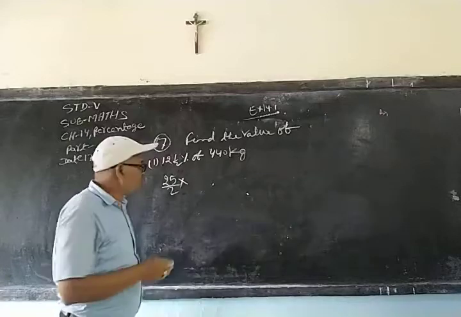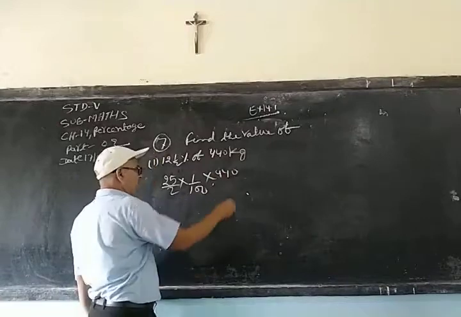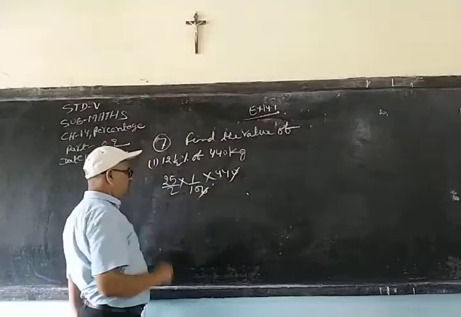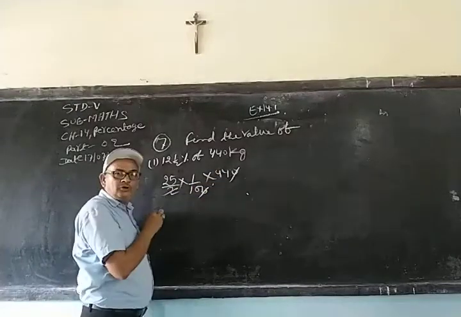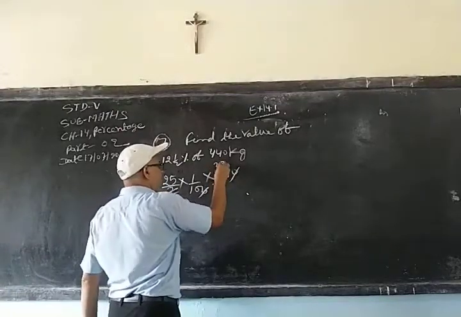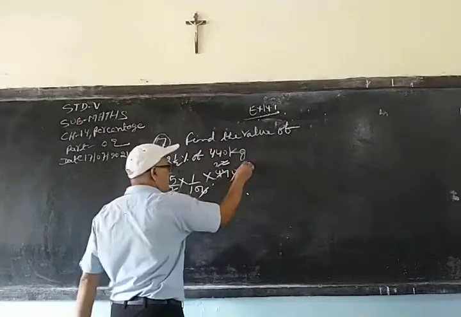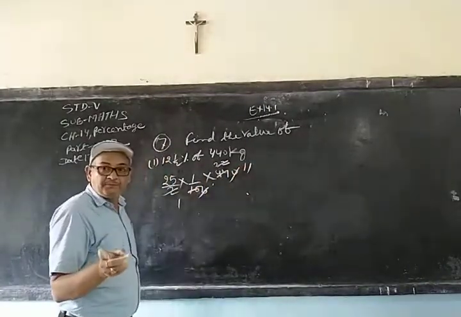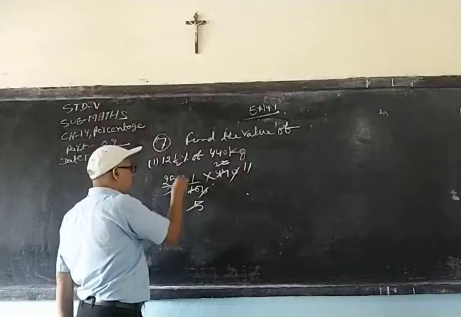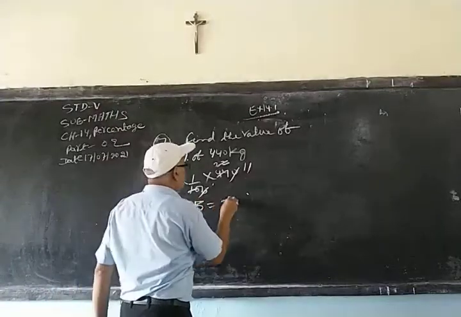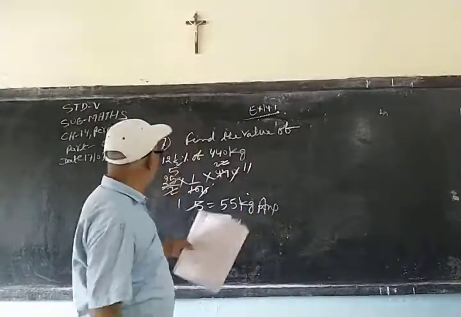To change, it is divided by 100, into 440. Now 10 cancels with 10. Now you divide 44 by 2, 22 is coming. Now again divide it, 22 divided by 2, 11 will come. And then divide by 2 again. Now 25 if you divide by 5, then 5 will come. Your answer will come 55 kg. This is your answer. It is clear?